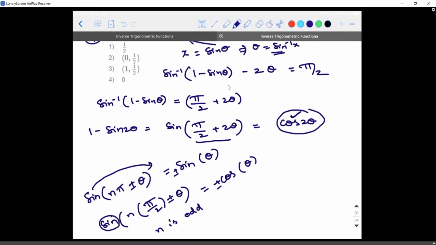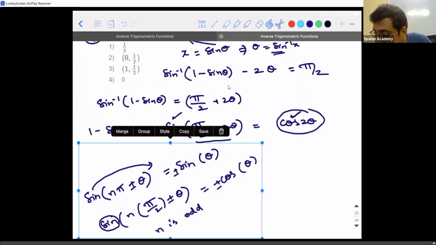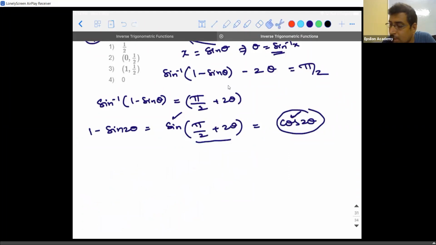Let's say the sine value, the one before changing. Pi by 2 plus 2 theta is there. You think about the sign of sine theta. Don't make that mistake. If you do that, your whole answer will change. Very minor point, but be careful, okay? I hope I'm clear.